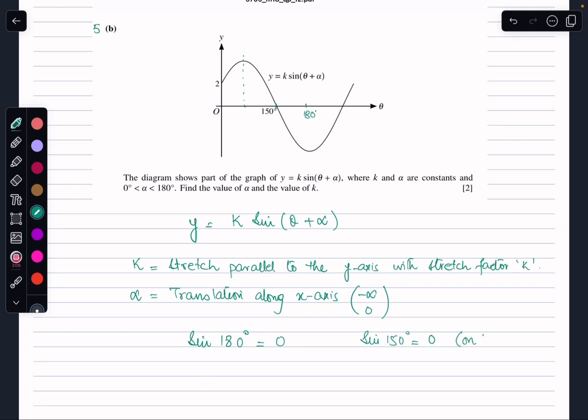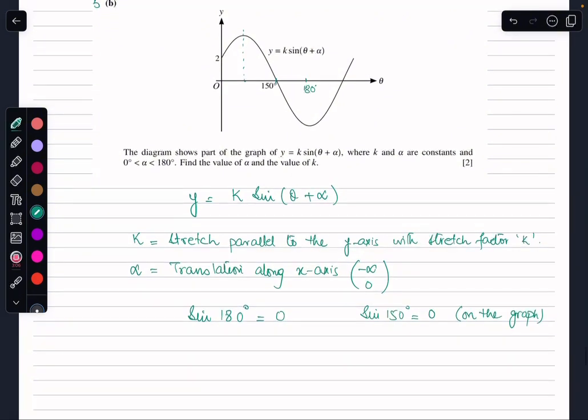It's on the graph. Therefore, we can say that this graph has been translated by negative 30 degrees, which comes from 180 degrees minus 150 degrees along